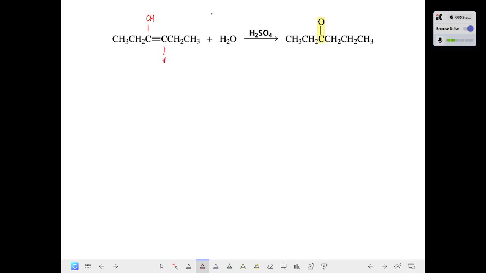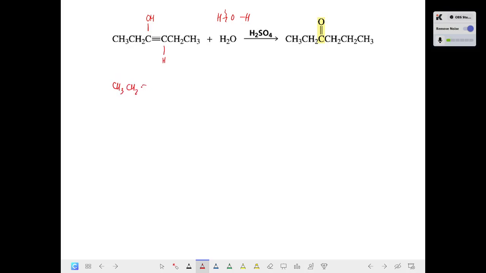Yung water kasi natin, 'di ba? HOH, 'di ba? So mag-split 'yan, yung isa magiging H, yung isa OH. So saan natin ilalagay yung H and then the other one is OH. So yan, ganyan yung itsura niya. Ngayon, ito magiging